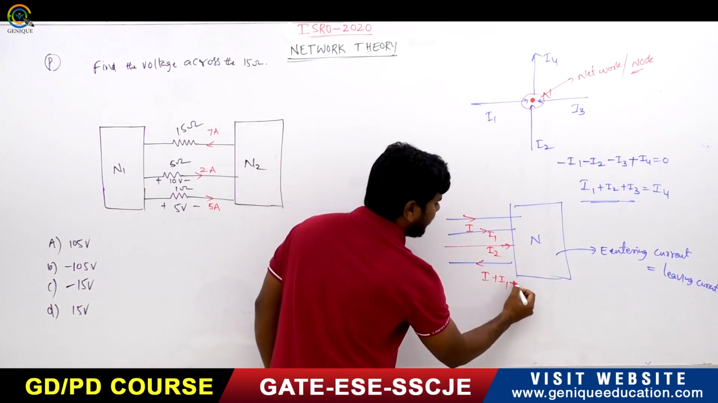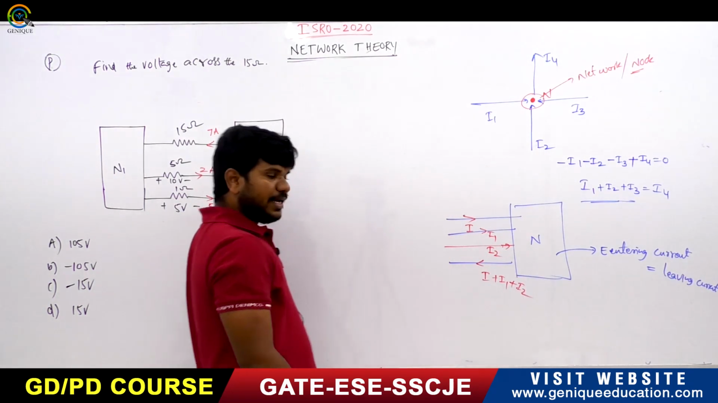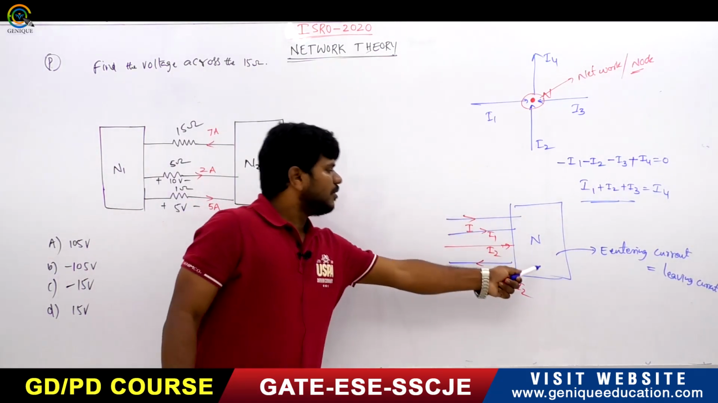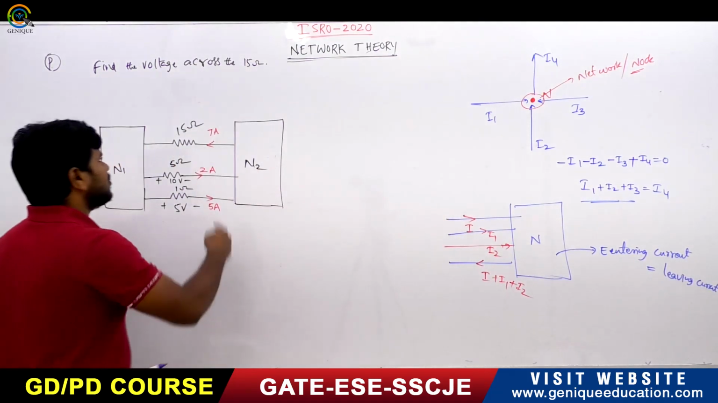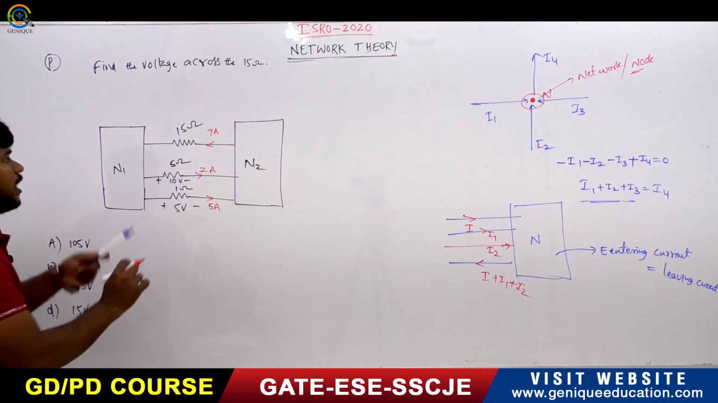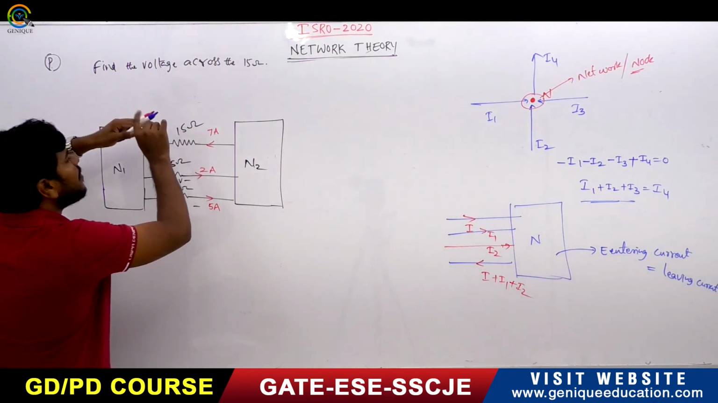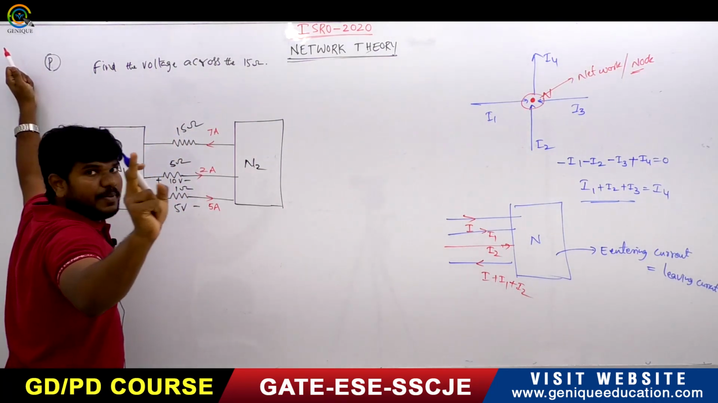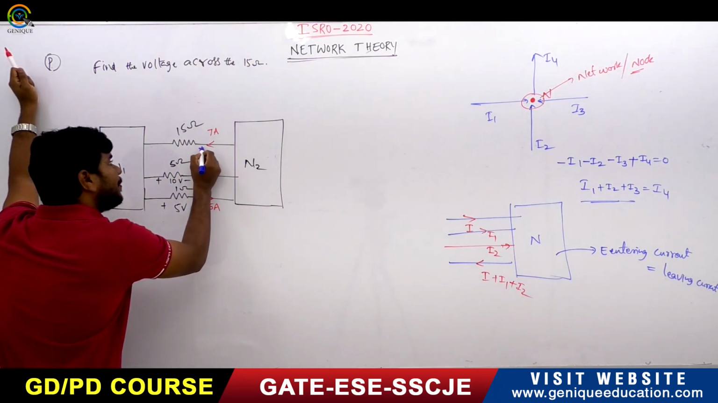It will be plus I2. Right? The entering current must be equal to the leaving current. So that's why it is 7 amperes. Now, if it is 7 amperes, you always have to remember to put a plus sign here,